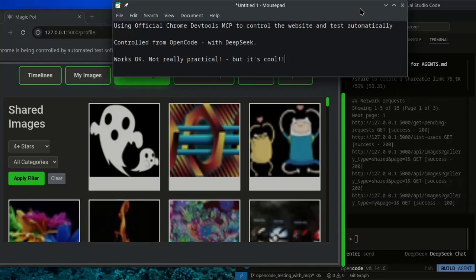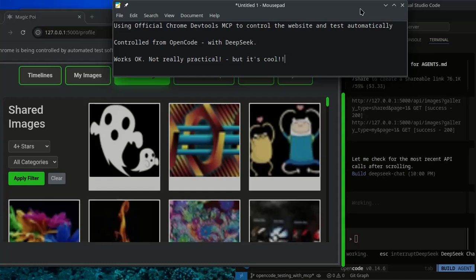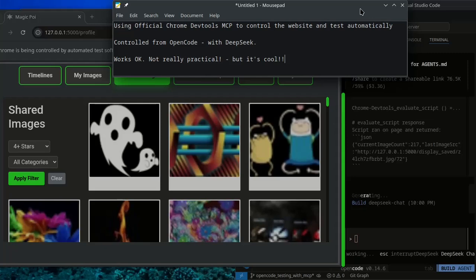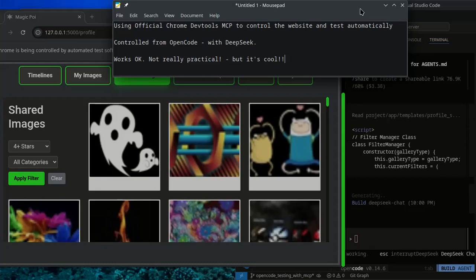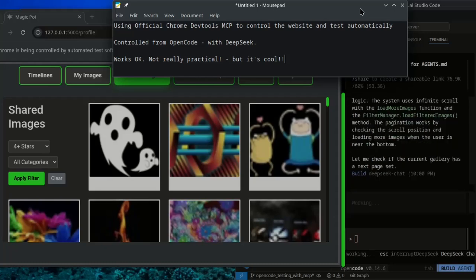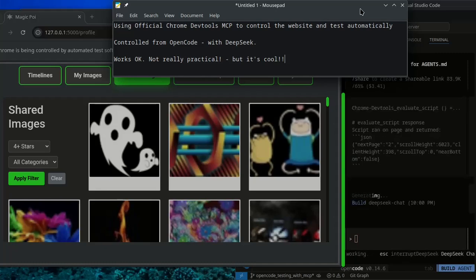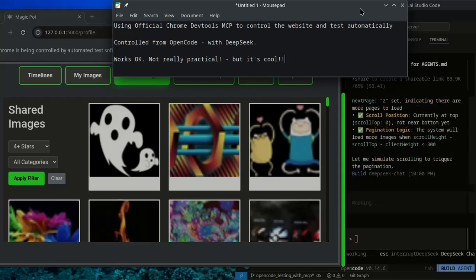At the moment we don't have problems, and we'll get a green light at the end of this. I think this process was a little bit slow, but if there were problems, I could have prompted it to go ahead and fix it and test again and keep going. So that's another benefit of this MCP service, and it seems to be seamless in OpenCode. I've tried quite a few,